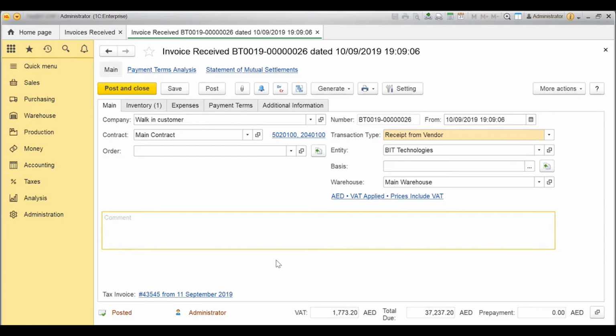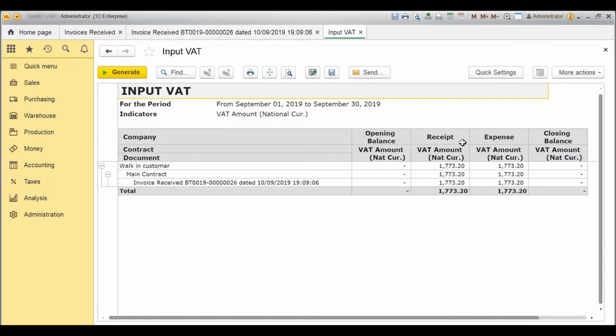Using the taxes in the purchase document will increase your input VAT, but you can recover only the amount that is confirmed by the supplier tax invoice and its recording in the database through Tax Invoice Received. To have an understanding of how much is to be recovered from the input VAT value, open Input VAT report from the Taxes module, filter the report per period. In this report, you can see there are no values left in the closing balance. It means tax invoice received has been generated and the amount is recoverable.